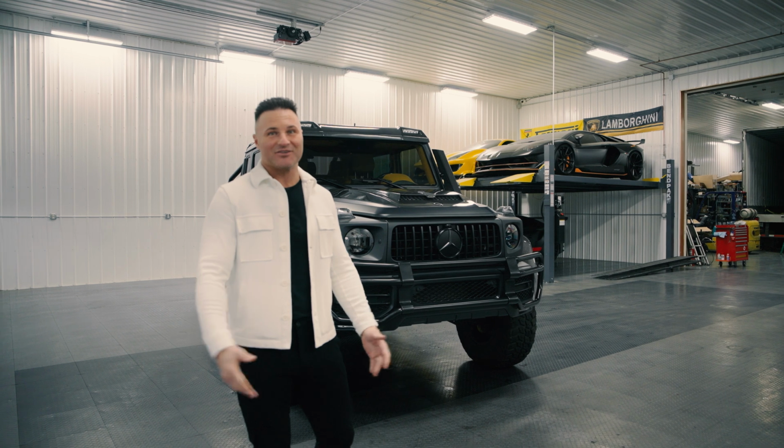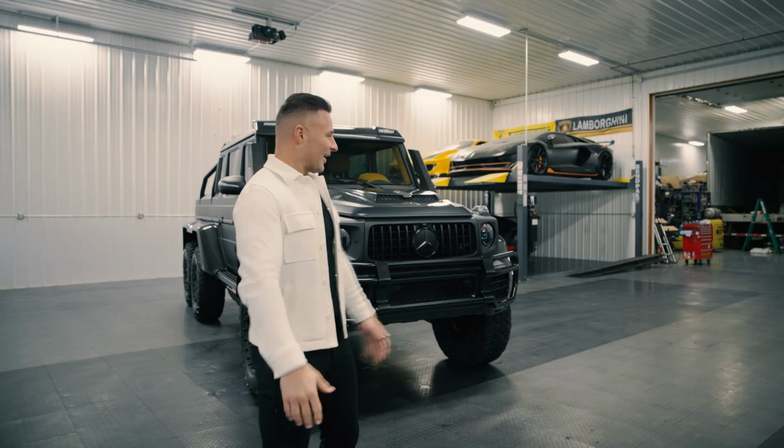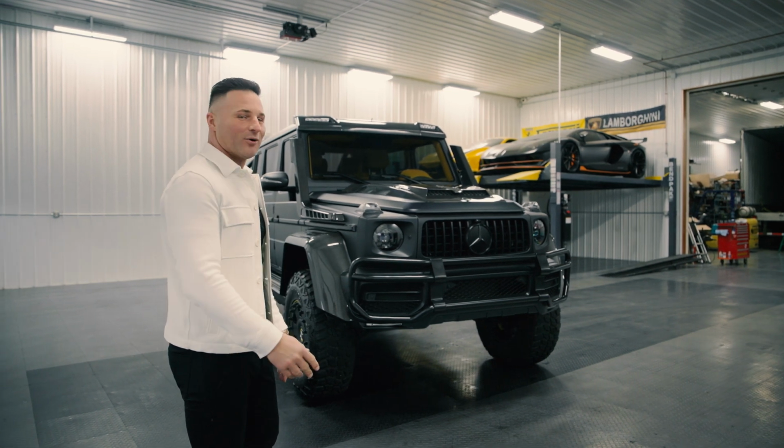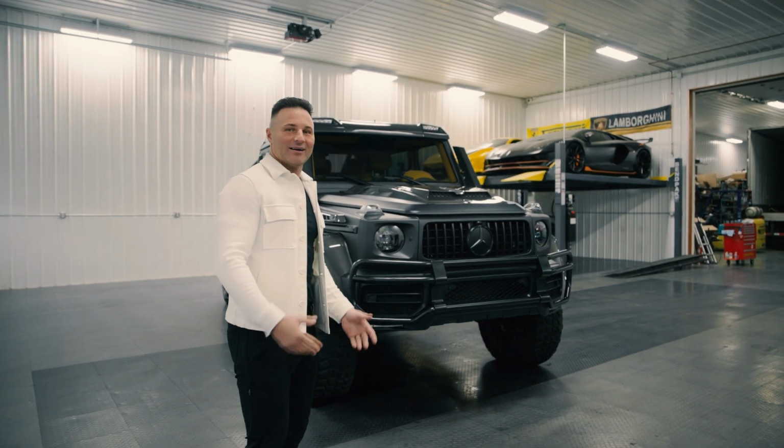It's been a crazy year in the trucking industry. I actually can't wait to talk to you about it. I want to show you this tank that came in a few days ago. Just picked it up from Georgia, from the port, and I want to talk to you about a 2-year journey